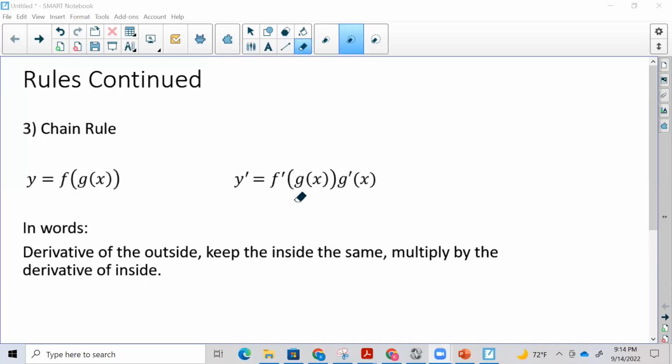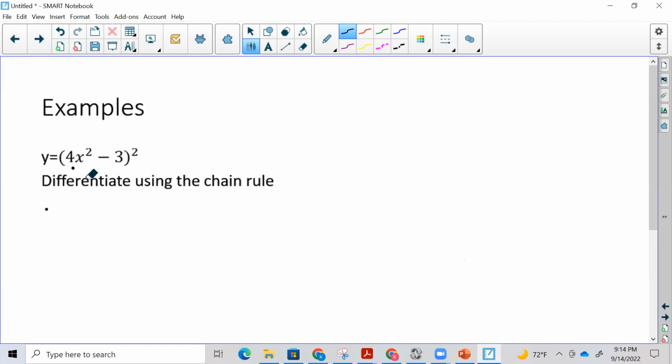So in this video, we are going to look at the last derivative rule, which is called the chain rule. It's one that's used pretty often. And the chain rule is used for a composite function. A composite function is a function inside of a function. For example, this function, 4x squared minus 3, that quantity squared, is a composite function